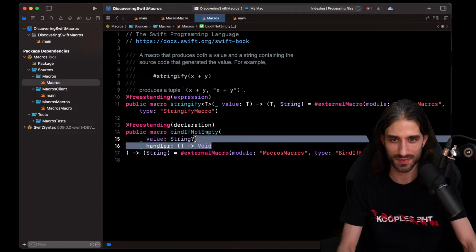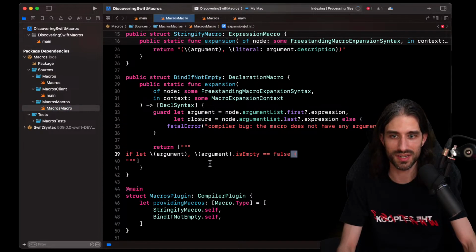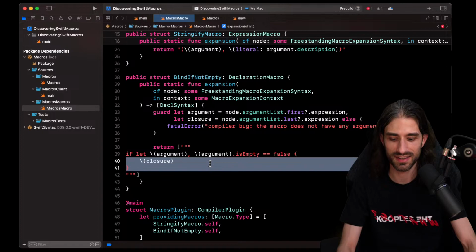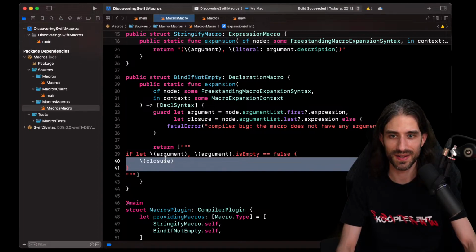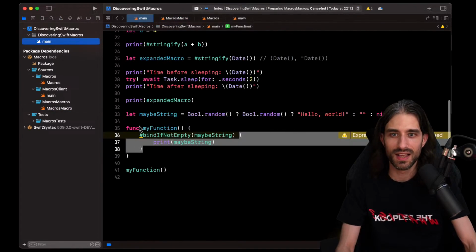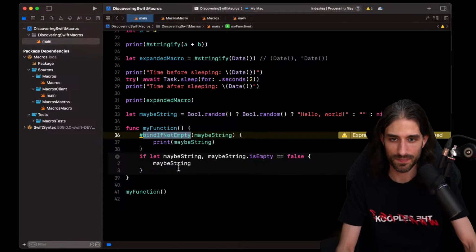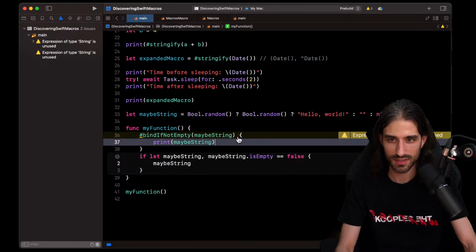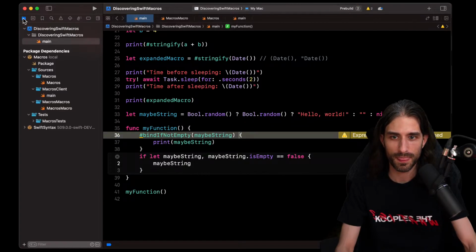All right. Let me put the code back in a working state so that I can finish the live stream and have everything that works. Let's see. And when you expand, yeah, now it does the maybe string.